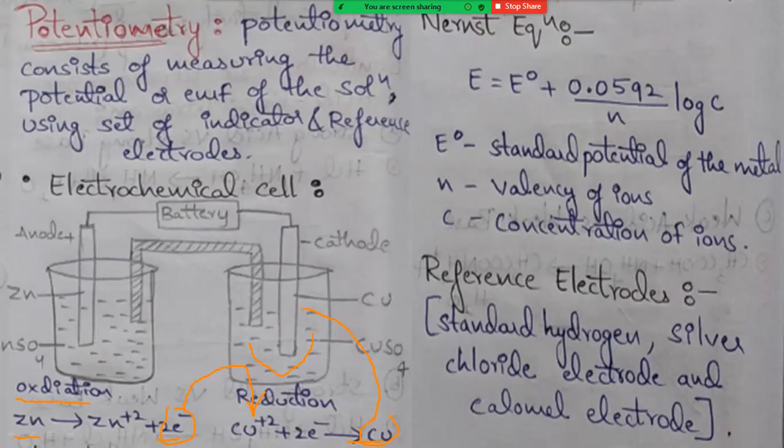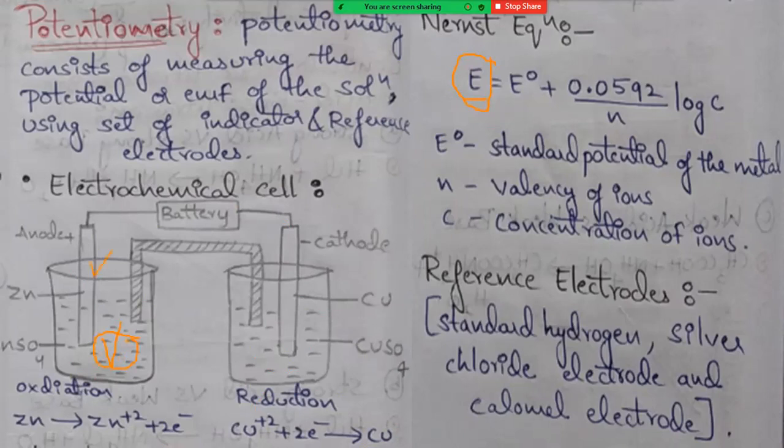And next, coming to the Nernst equation. So what is happening in the Nernst equation? The Nernst equation will be useful for measuring the potential values. What are the potential values? The potential values of a sample solution. So how are these potential values produced? Here the sample solution consists of ions, and the sample solution is there in the container where we are placing the electrode.